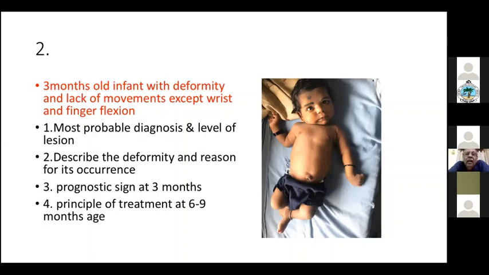Then, suppose at this age group there is an indication: if it is not an avulsion of the roots or it is a postganglionic lesion, you can explore. And there is a role for nerve grafting. Some people say that that is not necessary and you can do a nerve transfer straight away. Neurotization and nerve transfer appear to be the same, but there is a subtle difference between them. You read about that. So you should know regarding this birth brachial plexus palsy.